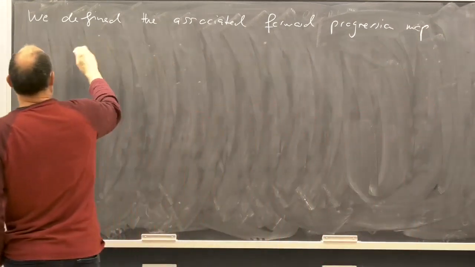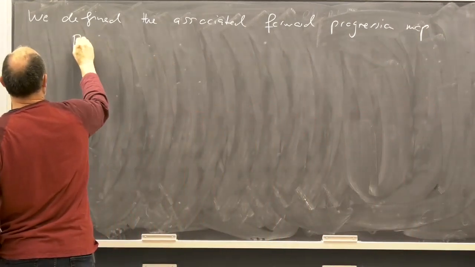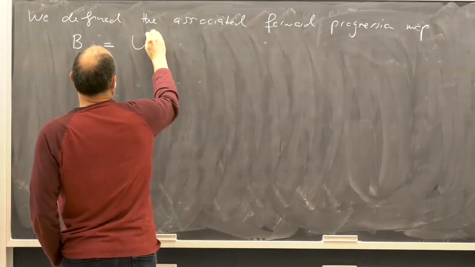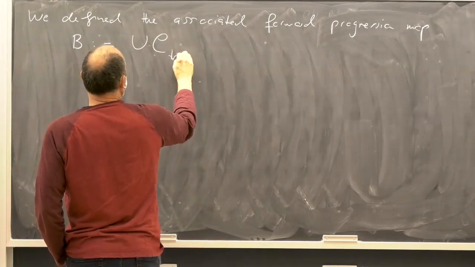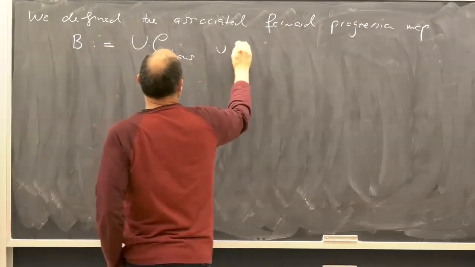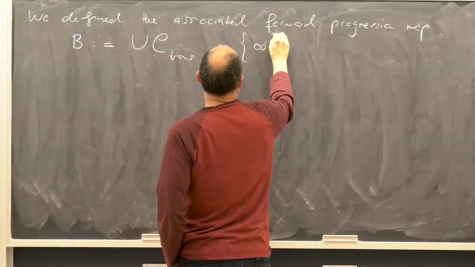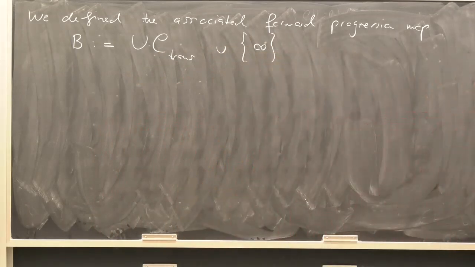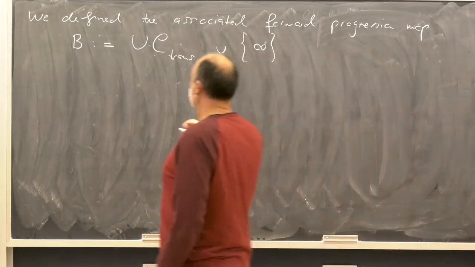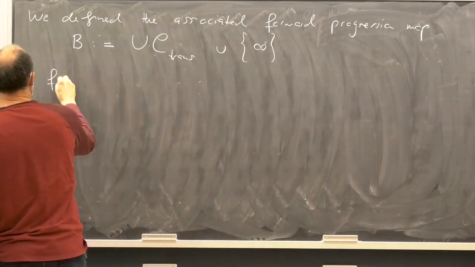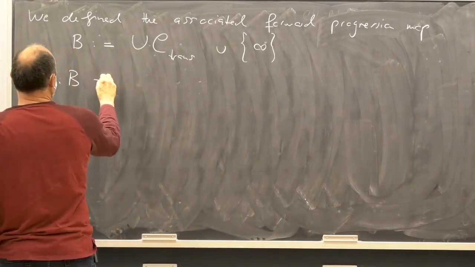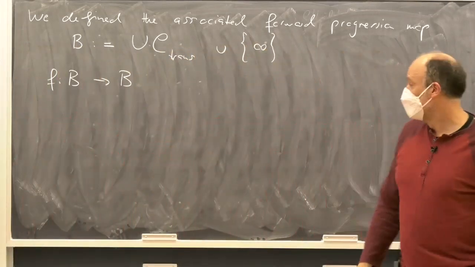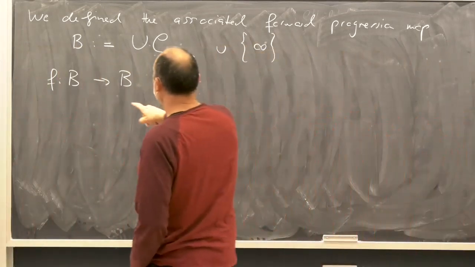Okay, so B is the union of all transverse cells, together with an additional point at infinity that represents all the singular points for this vector field. And F is defined from B into B. And the idea is that, right,